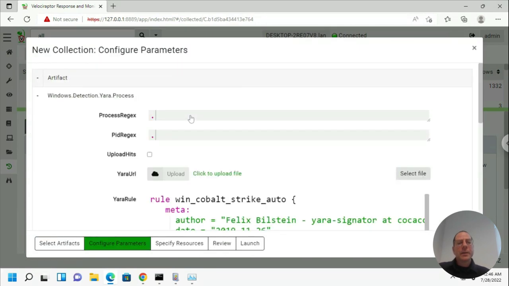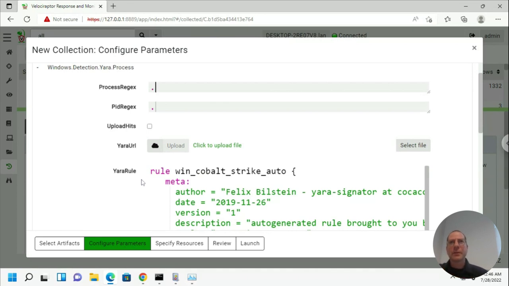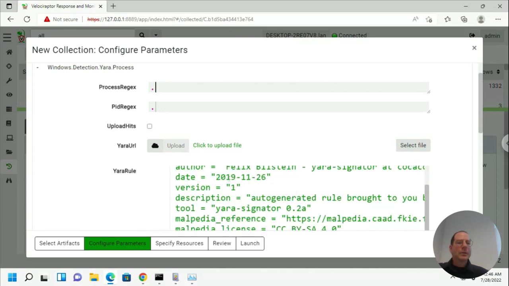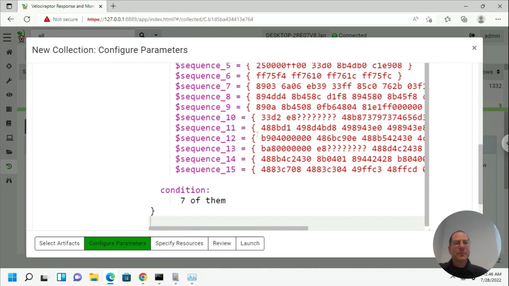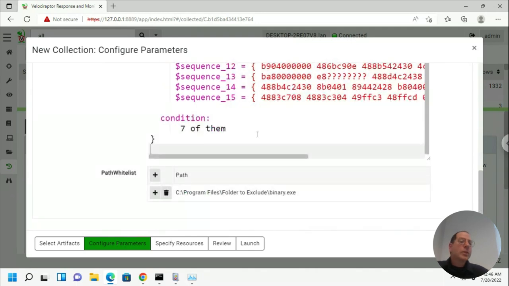So over here we can choose to look at certain processes only. We can upload Yara rules. This is used for when sometimes we have like 500 rules in a big huge bundle, and so it's easier to download it at execution time rather than push it with the artifact. But the default one is set up to find Cobalt Strike. So we're going to leave the default one just because it's for testing, but you can change it to whatever,